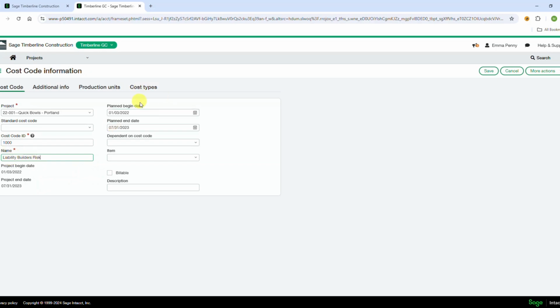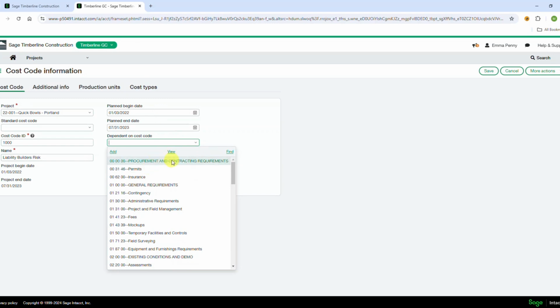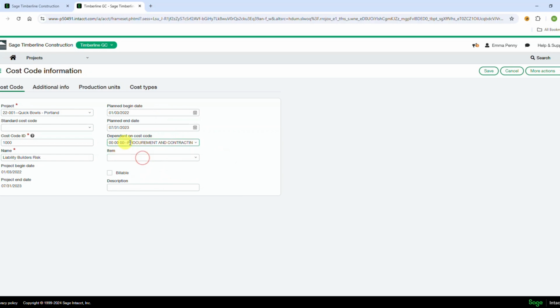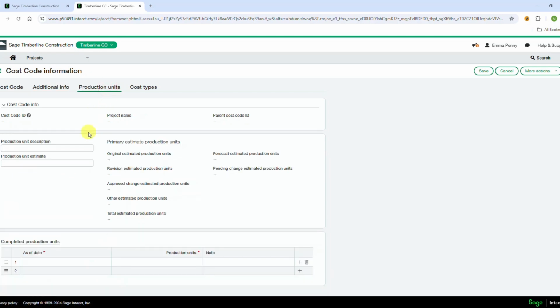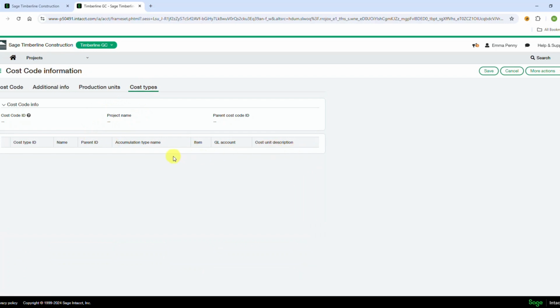risk. And then you could put a planned cost begin date, an end date. It's dependent upon another cost code, which you might want to add it to your general division of 00 so that that's alignable. You probably want to make it billable, so this can show up on your project contracts. Under additional information, there's some other information that you could pull in here, like if it's a particular time type, WBS code, is it milestone or utilized, those sorts of things. Production units, you could add those here. And then you could align it with some cost types, which is very typical to add some cost types to this. So if we do save,